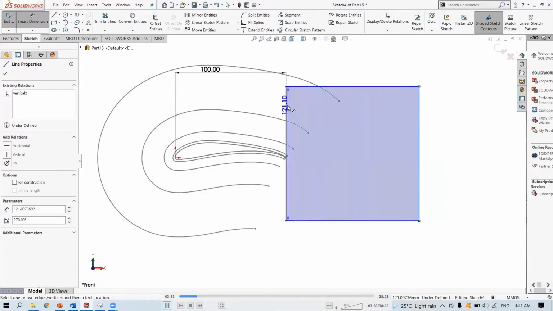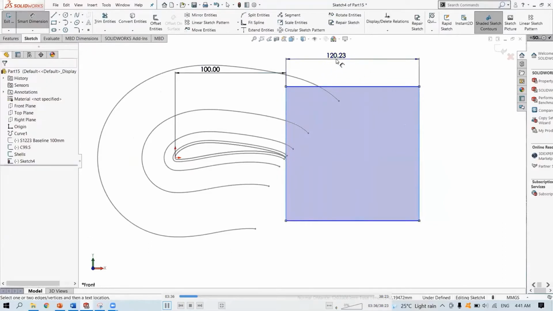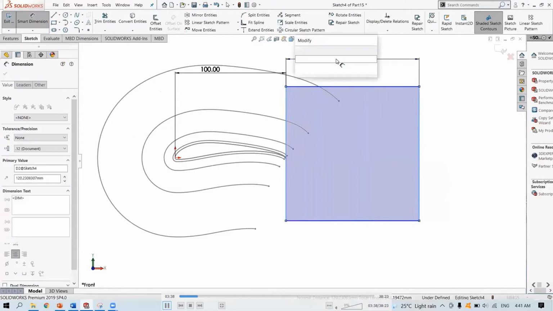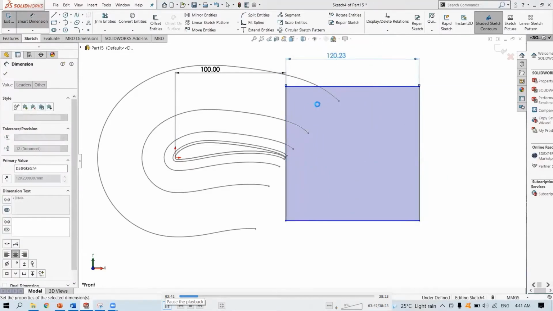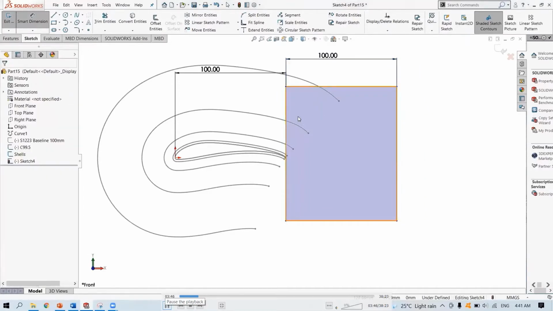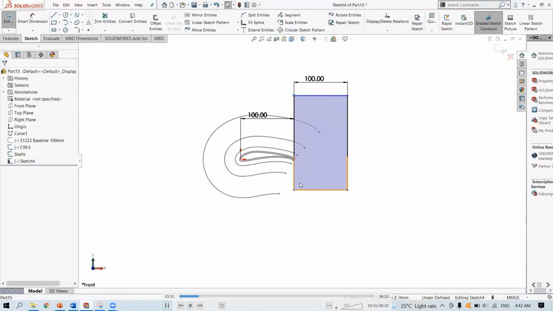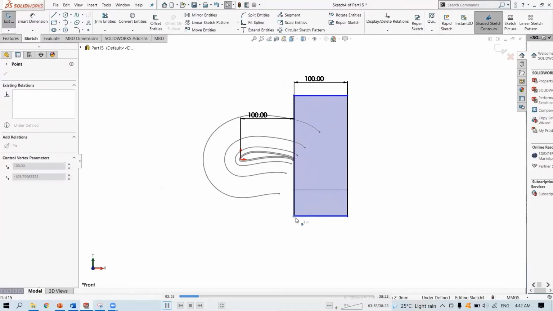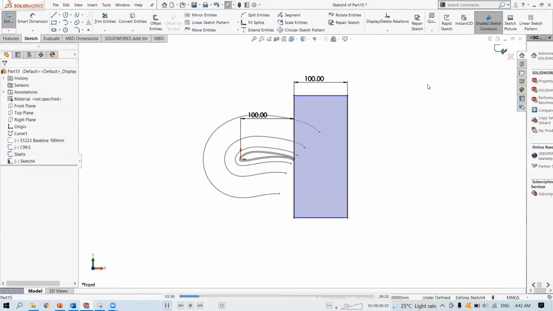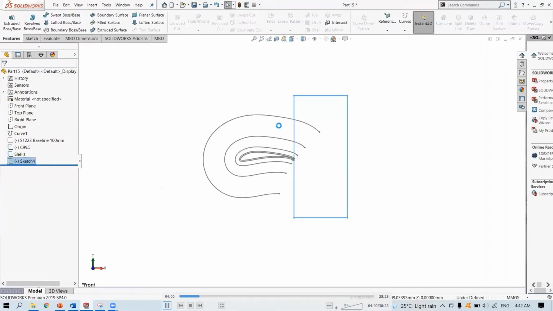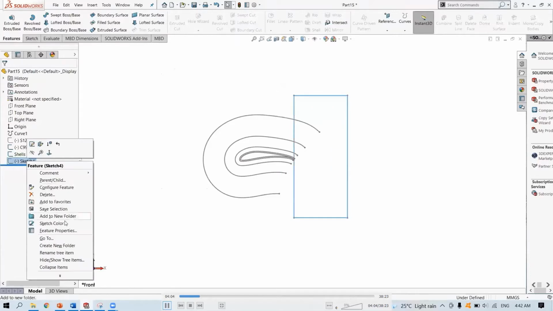So it's just 100 again. Make it a bit taller. Okay, exit the sketch. Can just rename this as vertical lines.